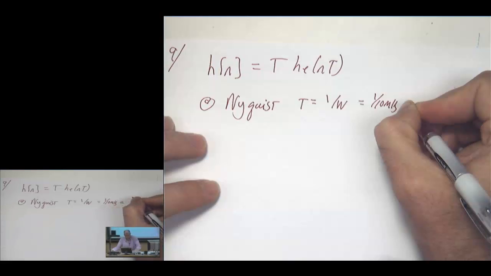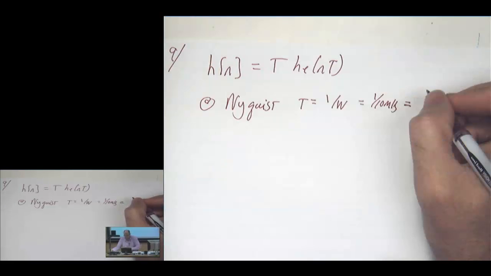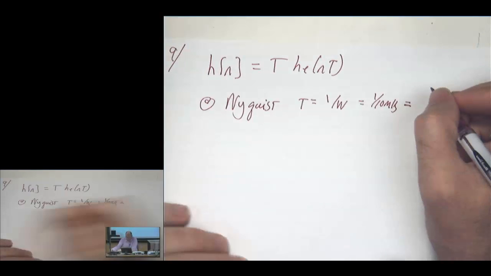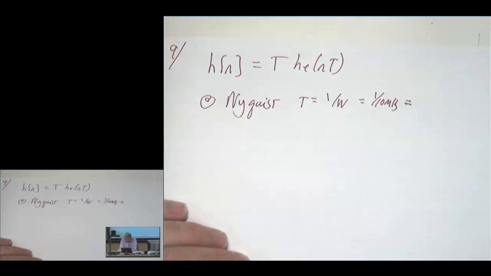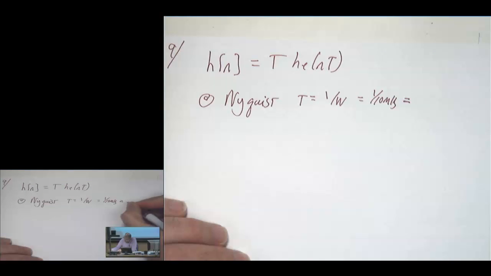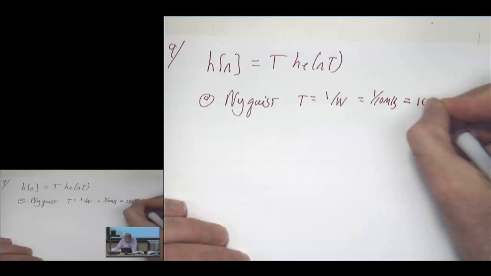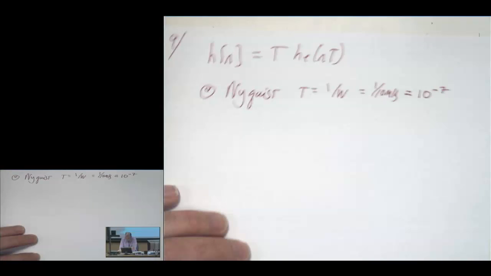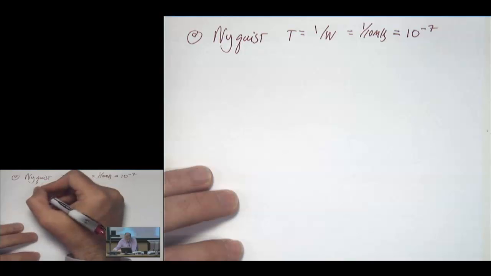Right, which is going to be, so this would be 10 times, no, it's 1 over 10 megahertz here. What is that? 1 megahertz should be 10 to the minus 6? Minus 7, yeah, so I'm thinking it's minus 7 too. Okay, so then we just plug that in here, and so then we get,